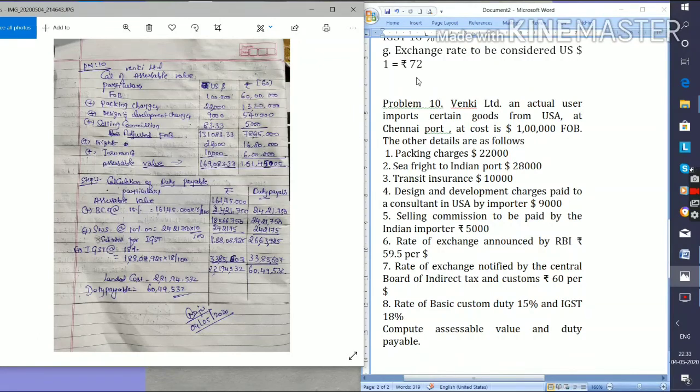Right, here it is imported from a seaport. See, by sea, that is by ship, they have imported the goods. Right, and the certain cost, packing charges, add to the FOB. Next, sea freight to the Indian port, 28,000. After adjusted FOB, add to that, since it is from sea, that is through the ship, don't calculate the comparison amount, you take the direct amount 28,000.